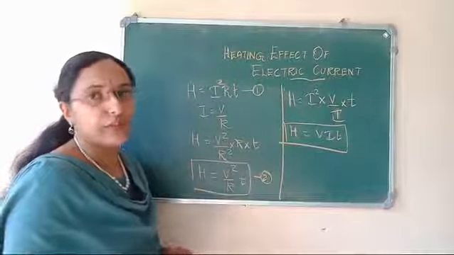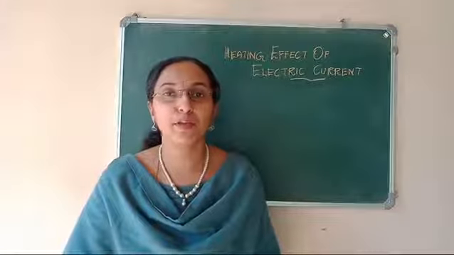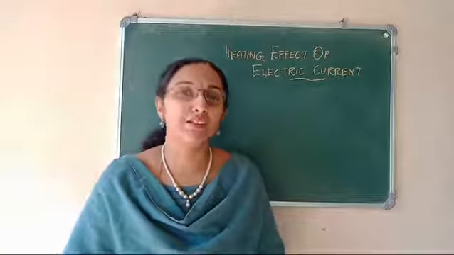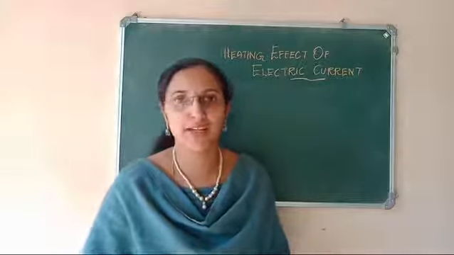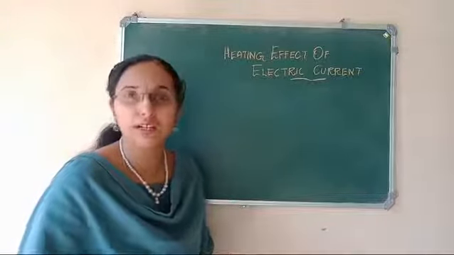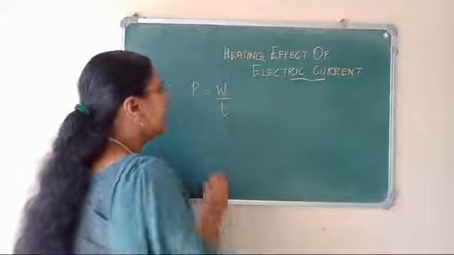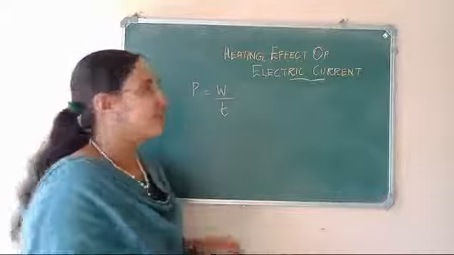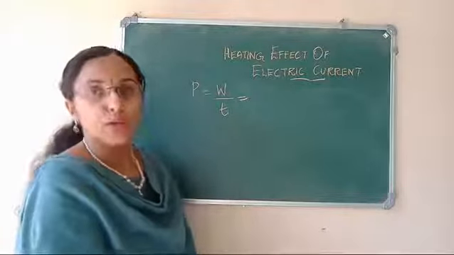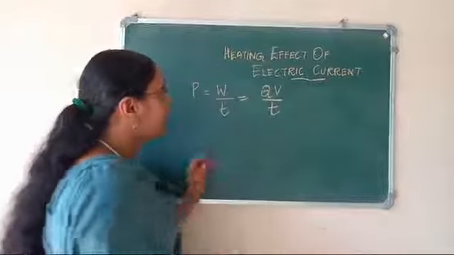Next we can find the equation for power. You know the definition of power. Power is the work done per unit time. In 9th standard you studied this. But here power means electrical energy consumed by an appliance per unit time. Heat energy dissipated per unit time can also be used for finding the power. Therefore, power P = W/T. Work done W = Q × V, that is W = QV.